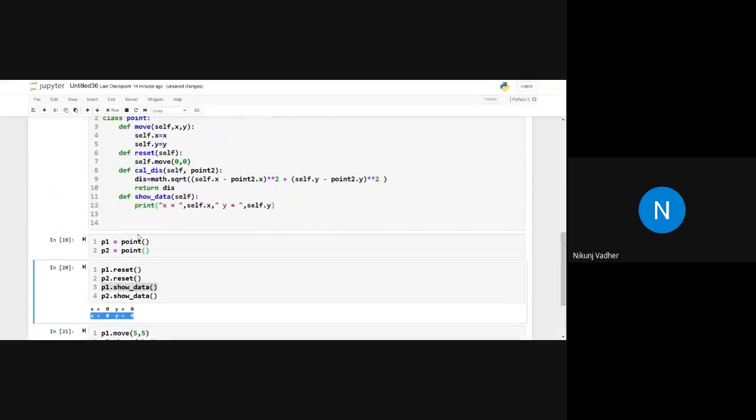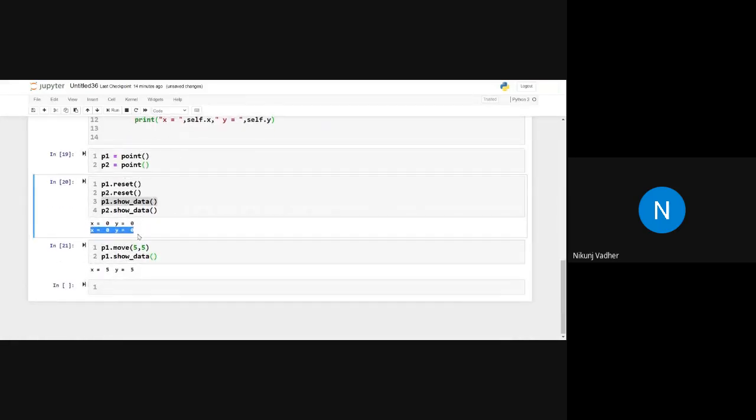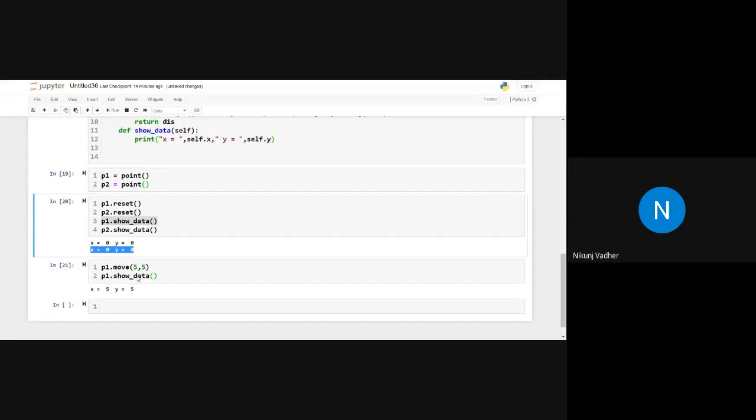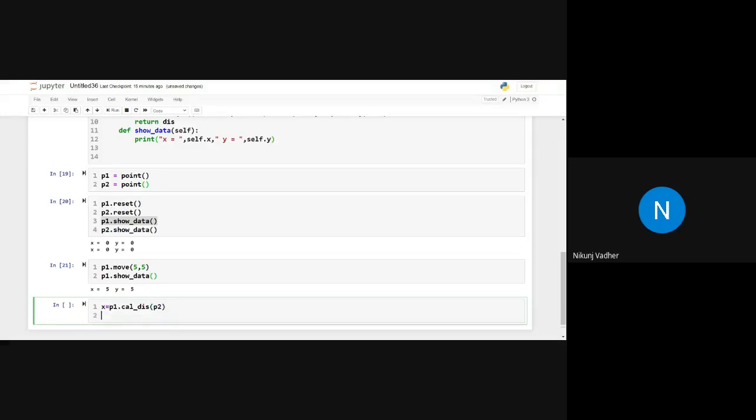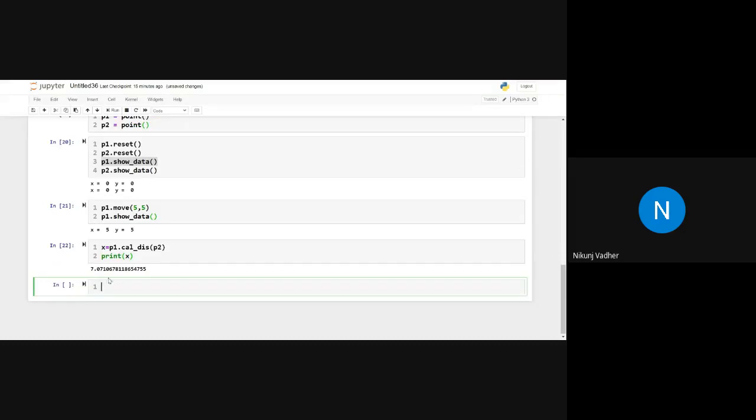Let's try to find the distance between these 2 points. How will we do it? P1 dot calculate distance with reference to P2. Let's store it into x, and then we will print. Here you can see this gives us the distance between 2 points.